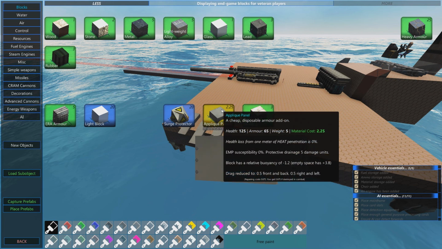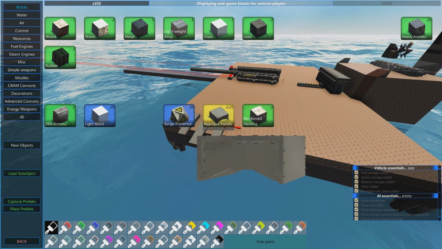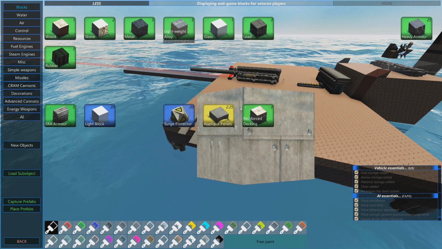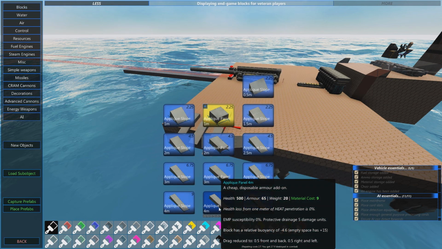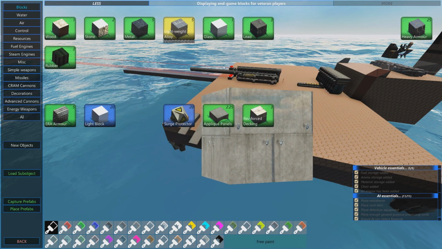armor. So you can see right here, the 1 meter panel costs 2.25 materials, which is about half that of metal. Very low health, 125 health, armor of 65, which is a higher armor value than heavy armor, and weighs almost nothing. It weighs about as much as an alloy block. And I think with the beams, the full beam has a weight of 20, so it's the same weight as alloy,